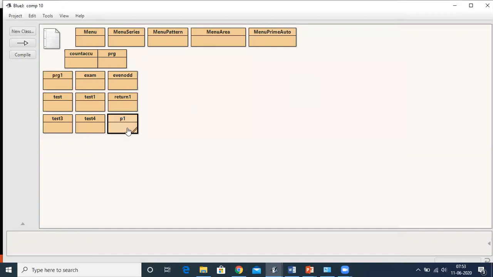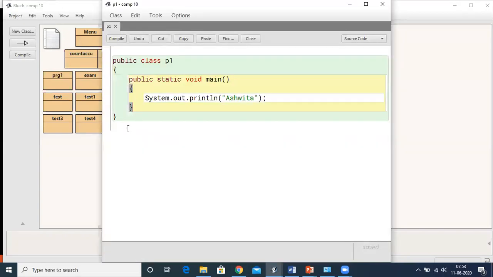Now, in this program, you can see public class P1. Then I've got my curly braces, then public static void main, round bracket, then curly braces, and System.out.println, then round bracket, double quotation, Ashwita, double quotation, closing of the round braces, semicolon, closing of curly braces, closing of another curly braces.